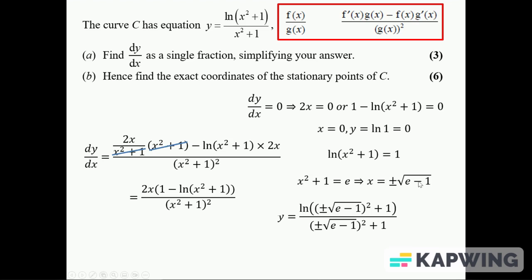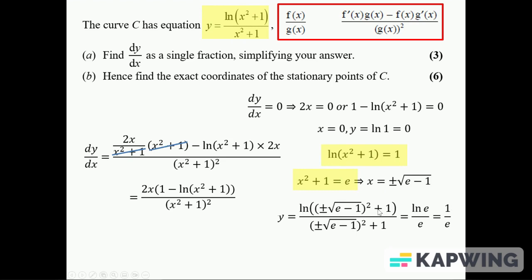So I'll stick the x value back into the y, and I get this. This is just e minus 1, and I've got to add 1, so it's the ln of e all over e, and the top line is just 1. Could have saved yourself a bit of work though, really, because if I look at the y, and I want ln of x squared plus 1, but I know that that's equal to 1, and I also know that x squared plus 1 is equal to e, so I could have just written 1 over e for this rather